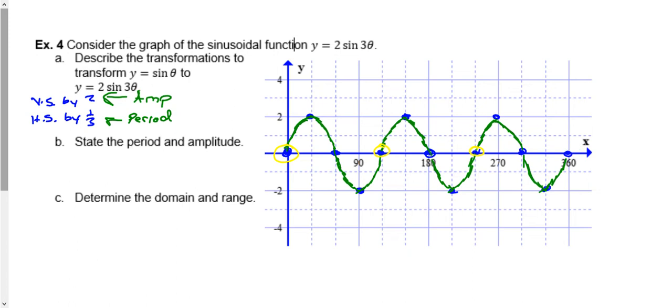So what's our period? Our period is every 120 degrees we have our graph in full. So our period is going to equal 120 degrees. Okay, and our amplitude, well, now that we have it sketched, from the starting line of 0, 0, we're going